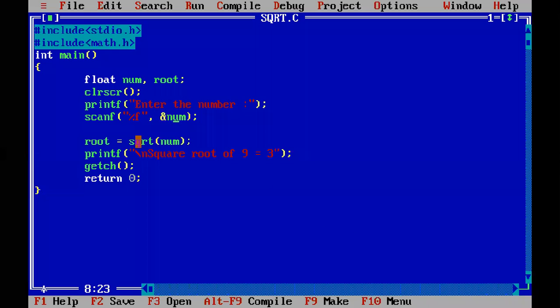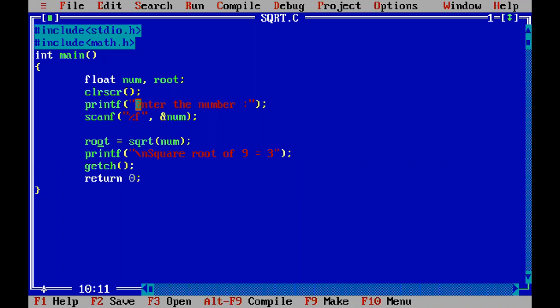After that, we perform a square root operation on that number. That is why we have used the built-in function sqrt. We have not written any mathematical formula here to calculate the square root, because we already have a readily available function, so we better use it and minimize our workload. We have simply made use of the square root function, including the math.h header file, because it belongs to this file. Using this function, your square root will be calculated and stored in root.